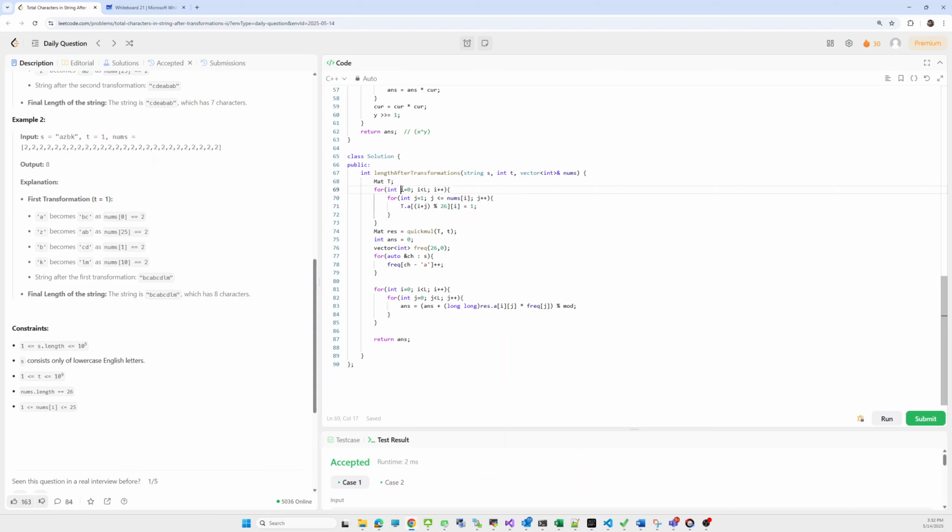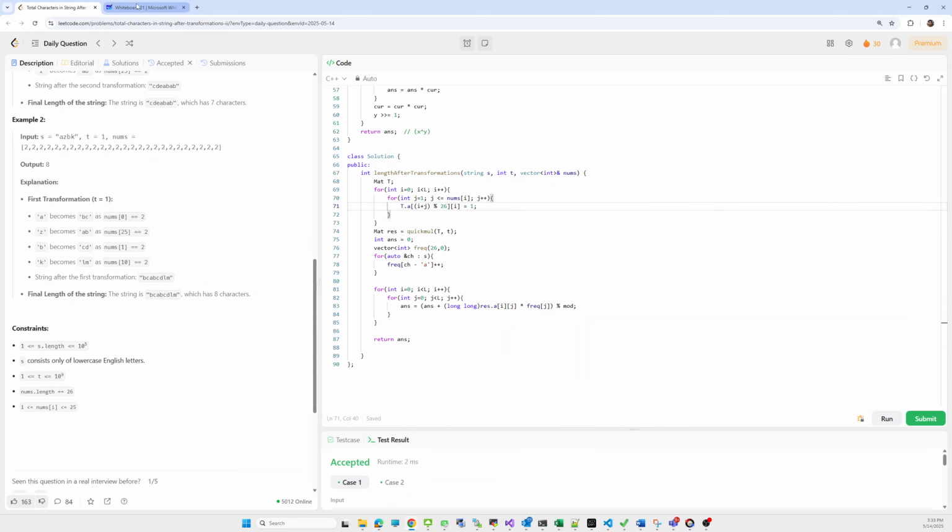So here we'll iterate over all 26 characters, 0 to 26, and we check the equivalent number corresponding to that character in the nums array. That value nums[i] represents how many consecutive elements we have to update.